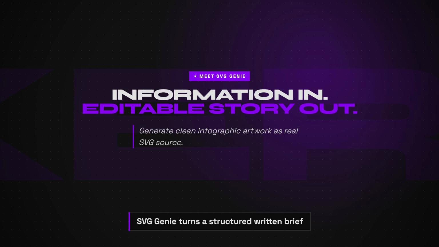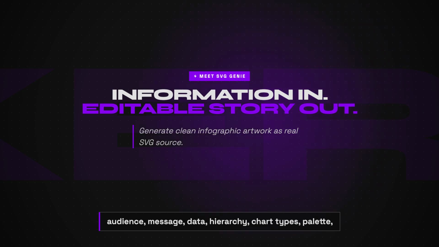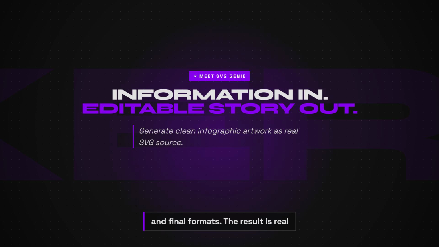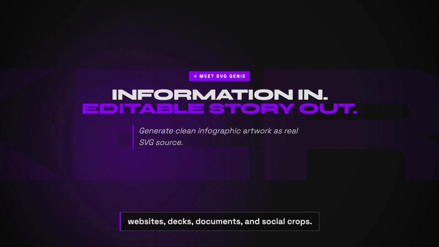SVG Genie turns a structured written brief into editable vector infographic artwork. Describe the audience, message, data, hierarchy, chart types, palette, and final formats. The result is real SVG source, sharp at any size, easy to recolor, and ready for Figma, Illustrator, websites, decks,